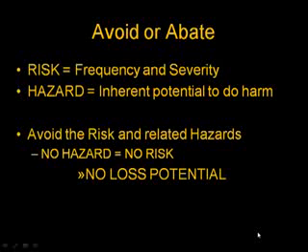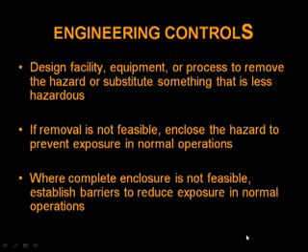So step 1 is, let's look at what's causing and creating the hazards. Can we remove them or eliminate them completely? How do we avoid? To abate, how can we reduce the frequency, reduce the severity, and reduce the inherent properties of the item itself that could do harm? Once you've considered whether or not you can eliminate or avoid the hazard, and you've abated to the degree possible, the next step is to consider engineering the problem out of the system.